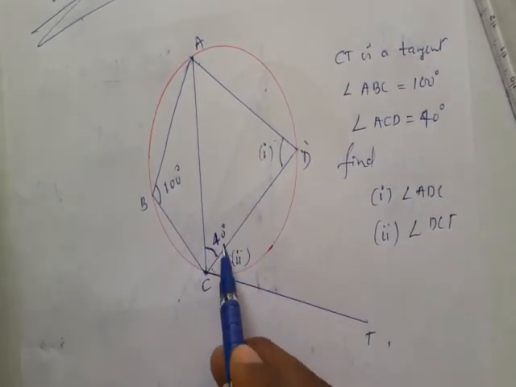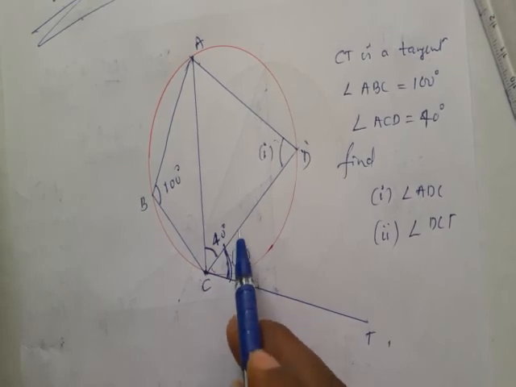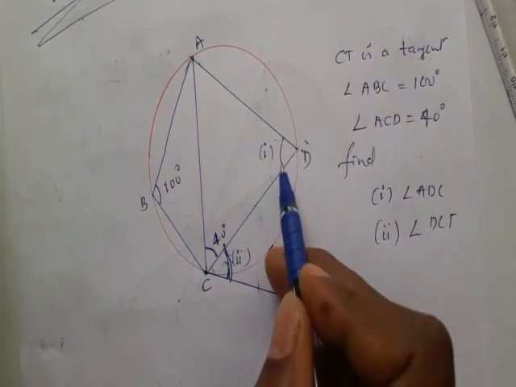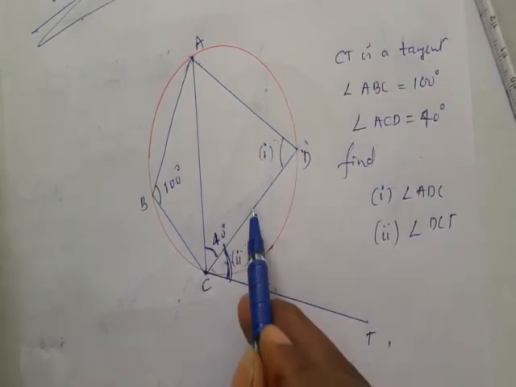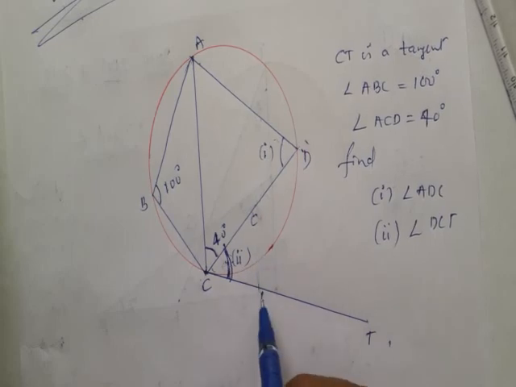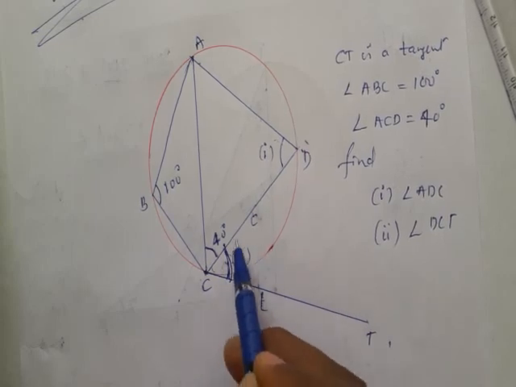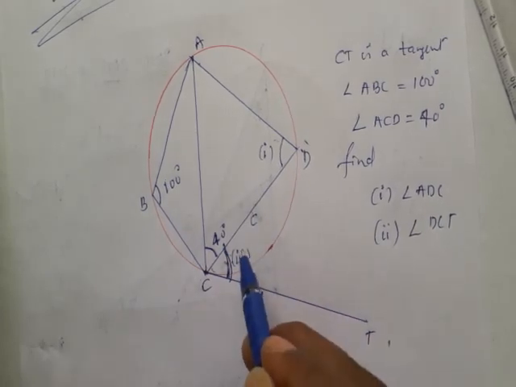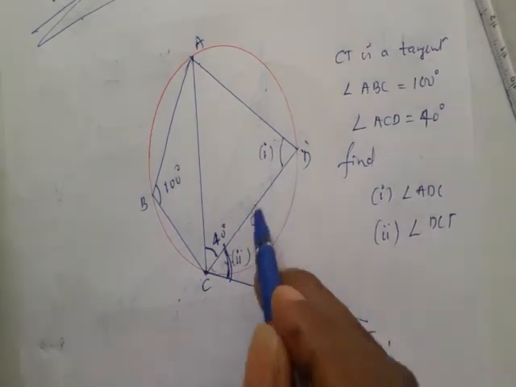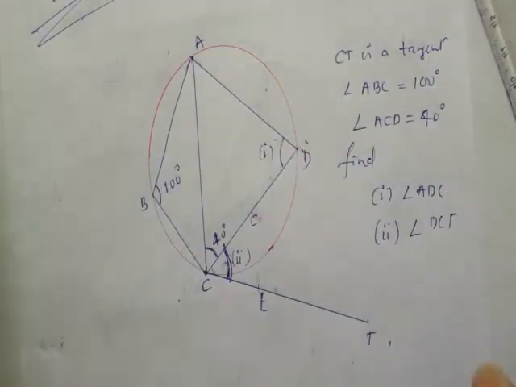But to find this angle, it is formed between what? What is CD? CD is a chord. CT is what? Tangent. So this angle is formed between chord and tangent. So if you want to use chord and tangent, the theorem explained, apply that and you will get it. This chord DC subtends what angle here? Check out and write.